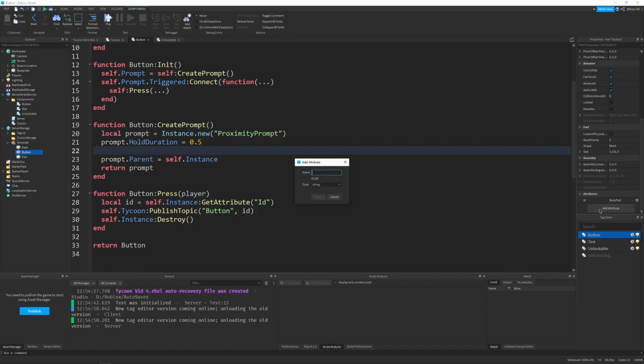So I'm going to add 2 attributes, and each will correspond to a prompt value. So the first one is going to be display, and all of these are strings, and the next one is going to be cost. And the cost will be a number because we need that number to check later how much the player has versus how much it costs. And so I'm going to change my display to basic